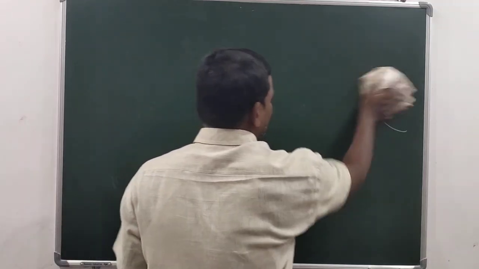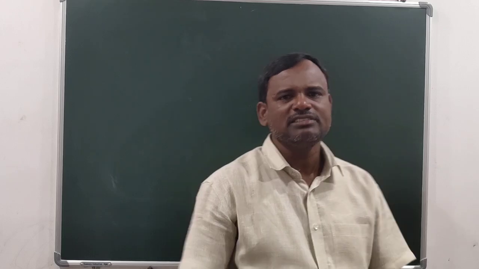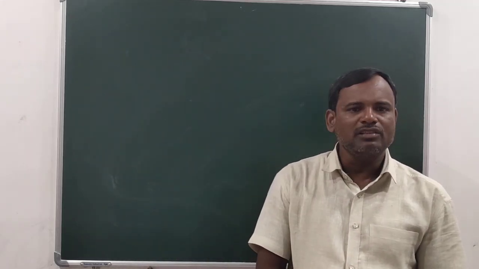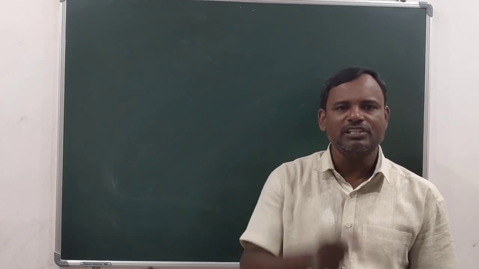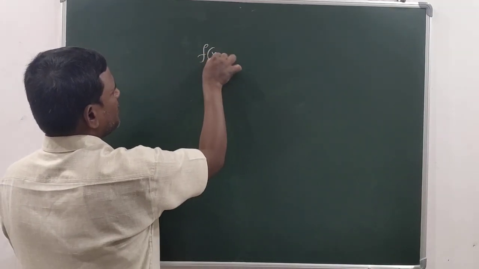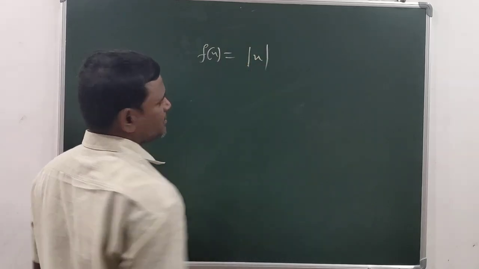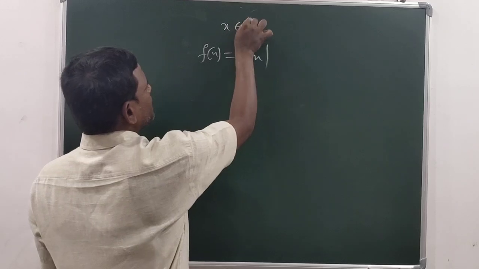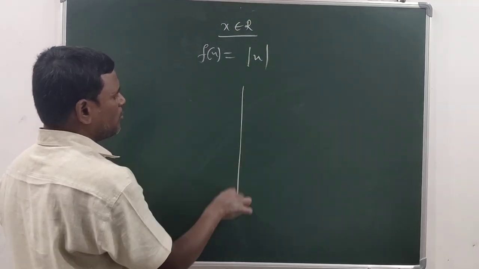Wherever a vertical tangent exists, at that place the function is not differentiable. Also, for some functions, if you see the graph, you may get something like this. For example, f of x equal to mod x. You know it is defined on the entire set of real numbers. If you draw its graph,